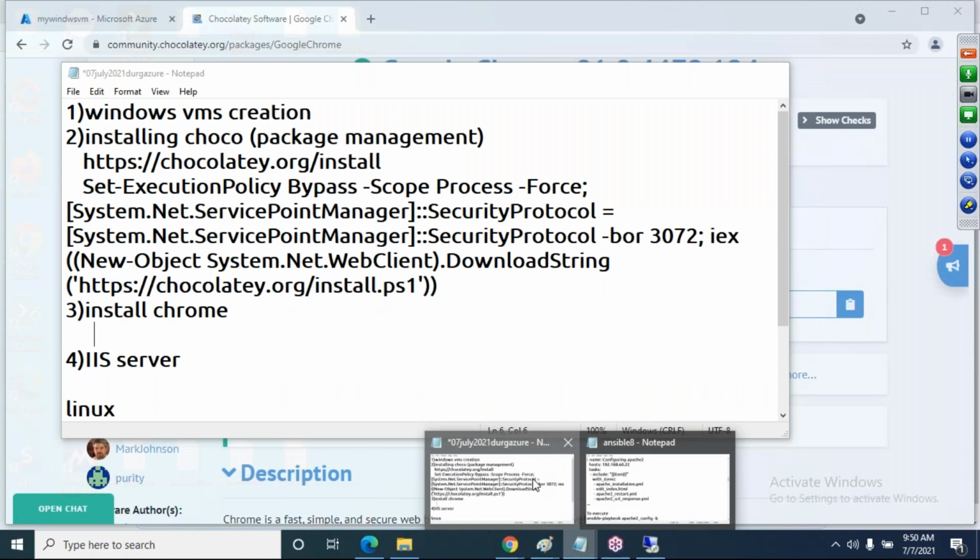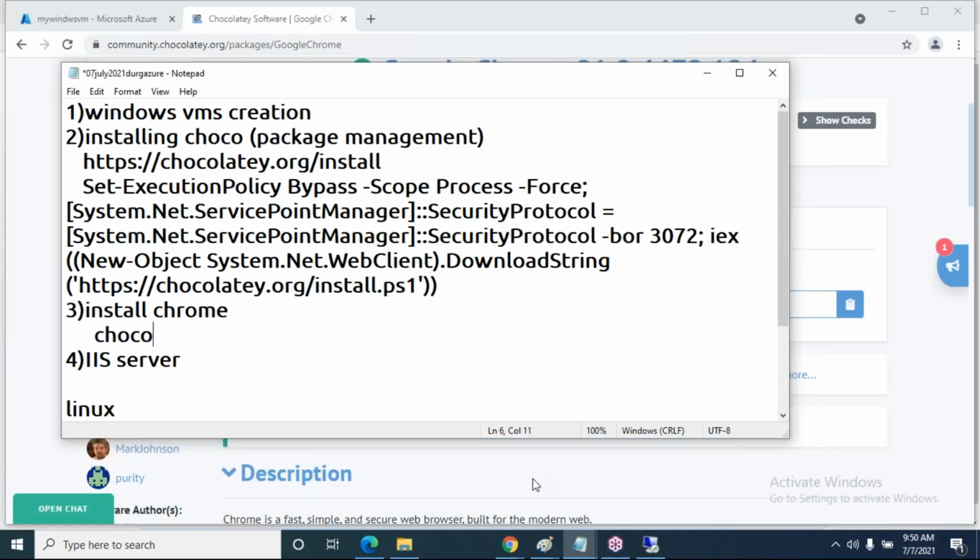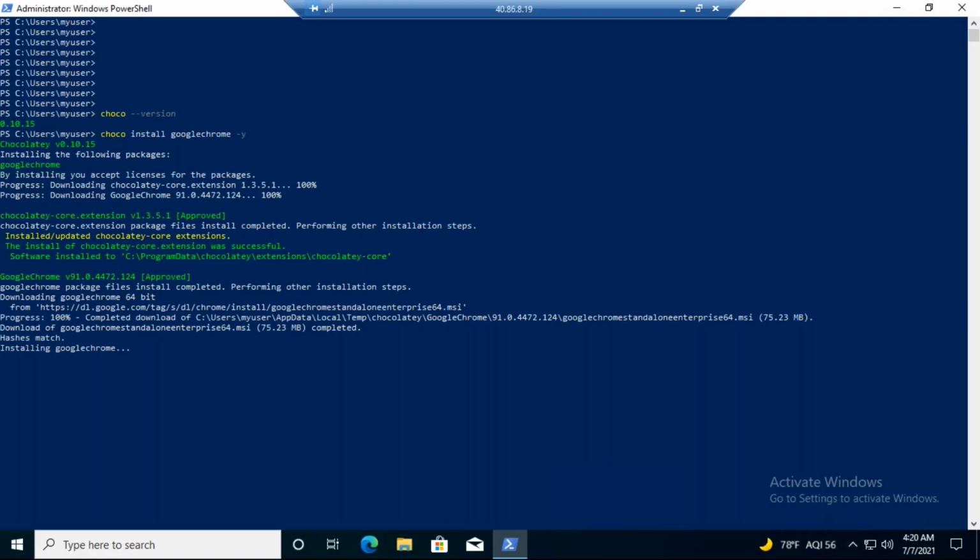To install Google Chrome, I executed simply choco install. I will copy paste this. Choco install -y. Installing Google Chrome.